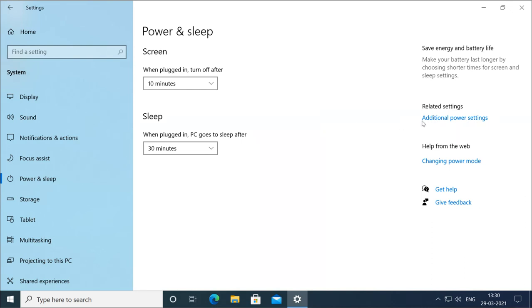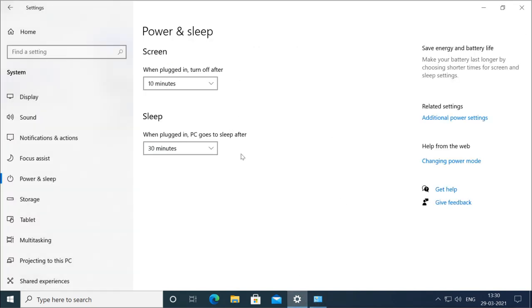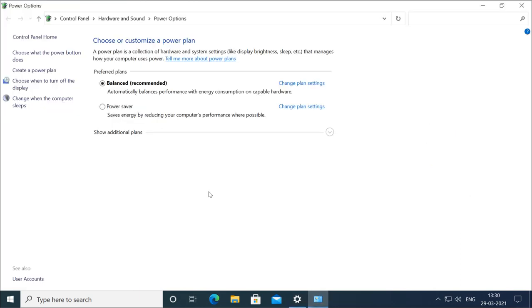If you click on this, it will take you to the control panel. In the settings app, you still do not have all the settings available. So in the control panel, this is available under the hardware and sound group, and under that group you will have power options.